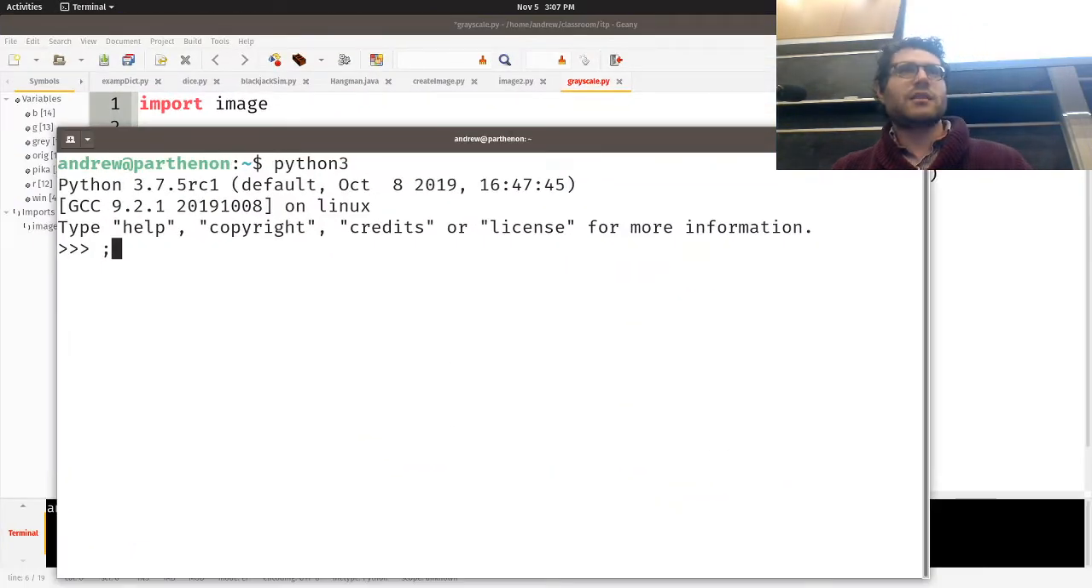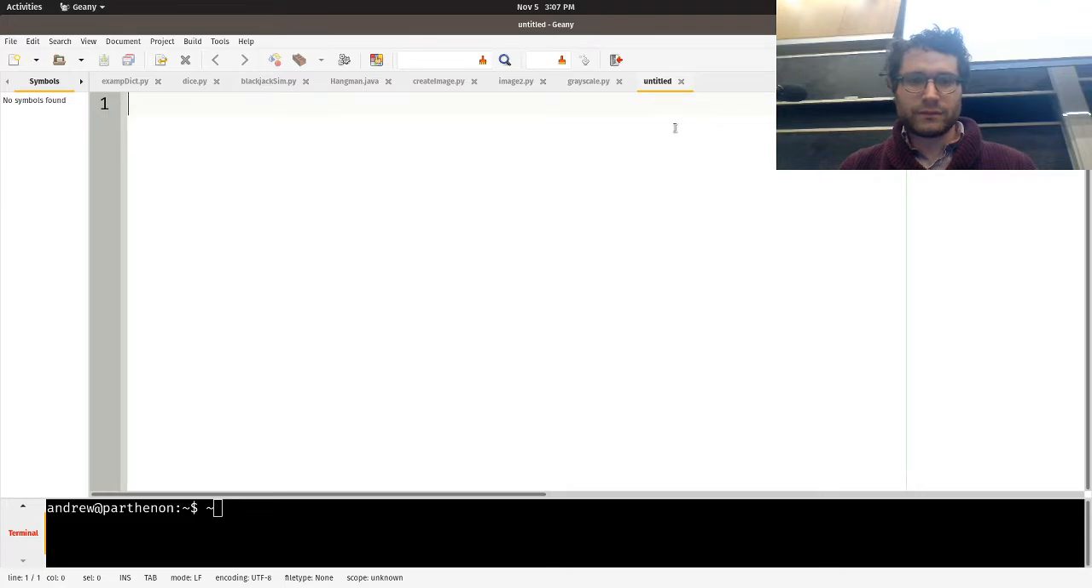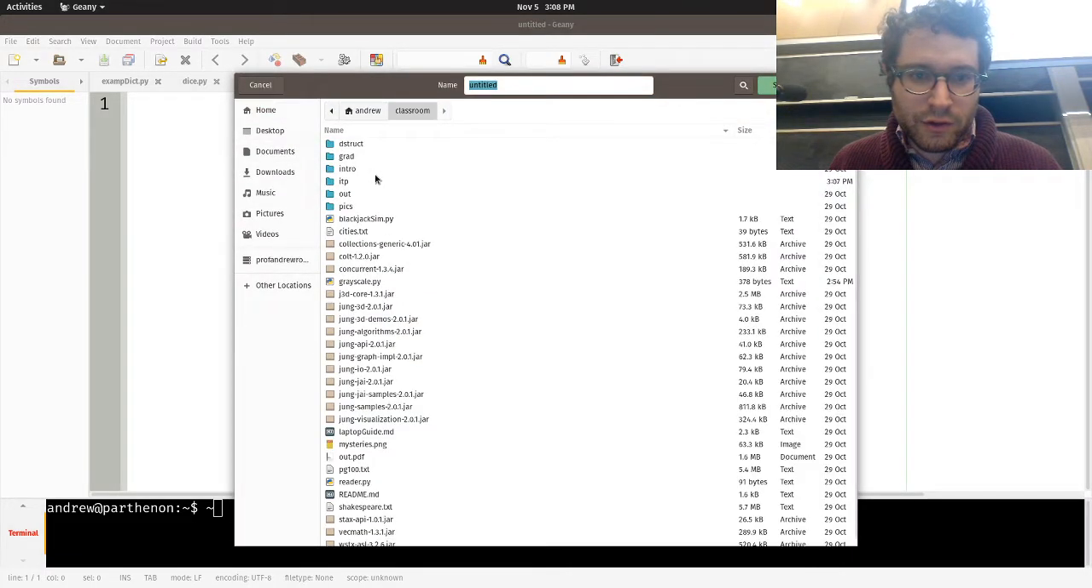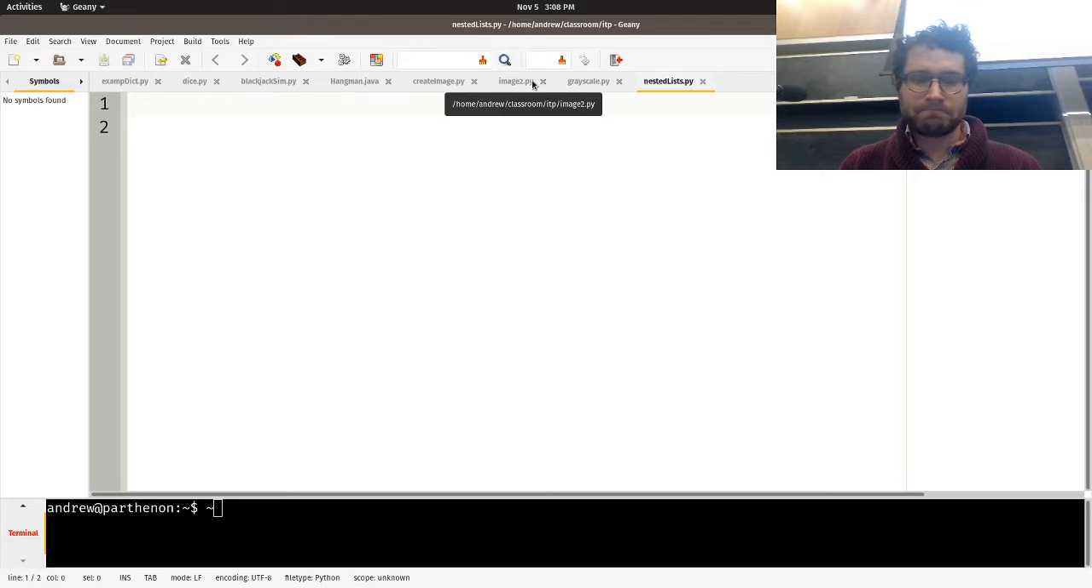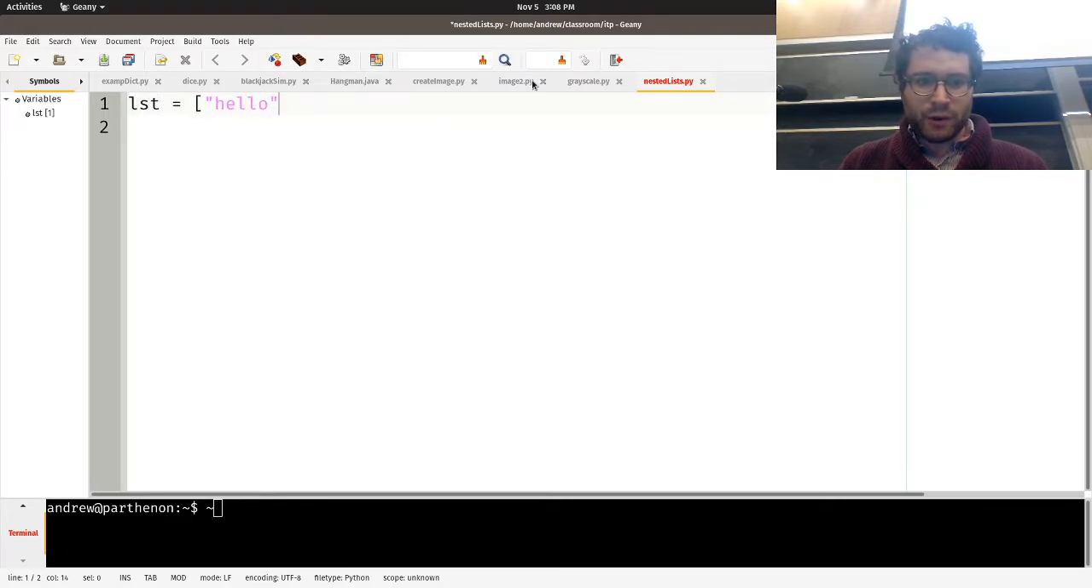Now, nested lists are lists of lists. We have done lists of strings, though, right? So maybe that's a good place to start. Let's go ahead and do classroom, ITP, nested lists. Let's take a look at an example over here. We've got the following. List is equal to a bunch of words: hello, world, how are